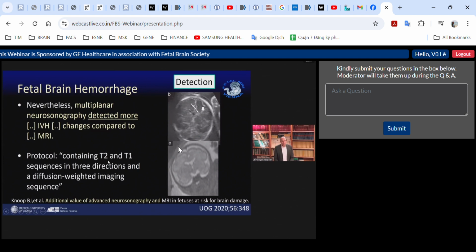They used T2-weighted and T1-weighted sequences, but they did not use a sequence which is